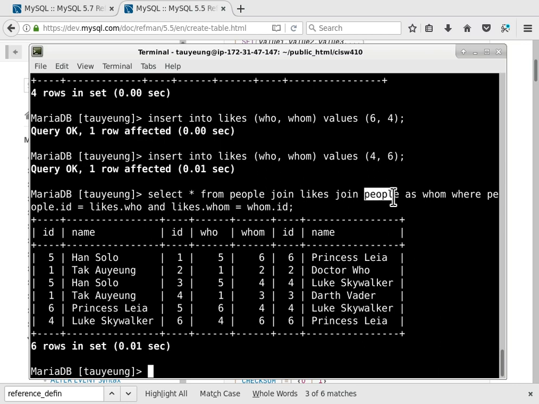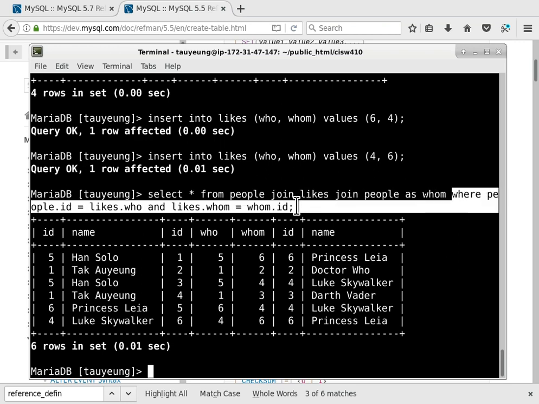So that's why in the second one I have to rename that table people. When I refer to this table, I have to refer to it as the table whom, which is an alias of people as the name of a table. So this part here expresses what tables are related. But how are they related? That is specified by the where clause. So the where clause is really where the